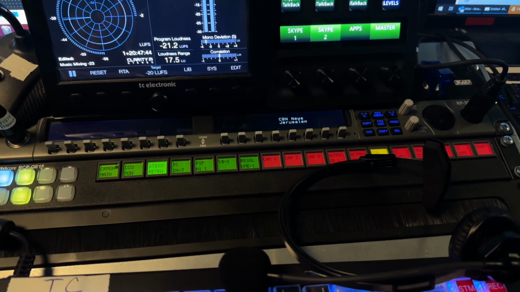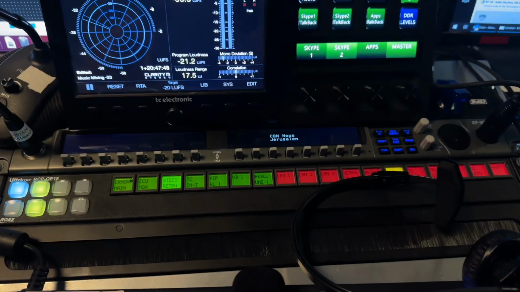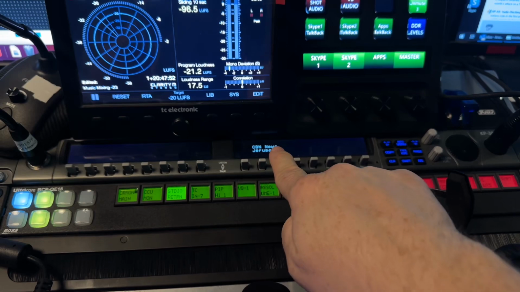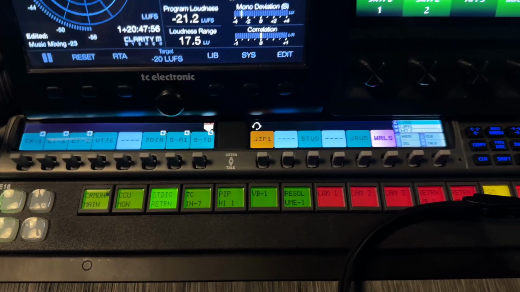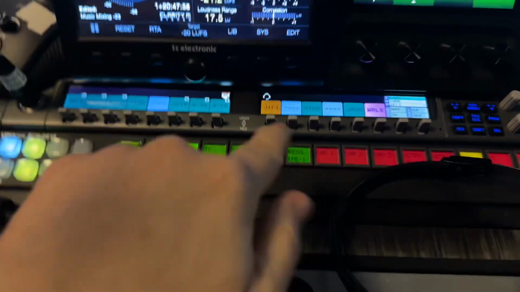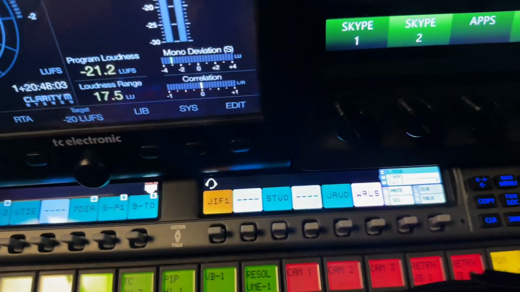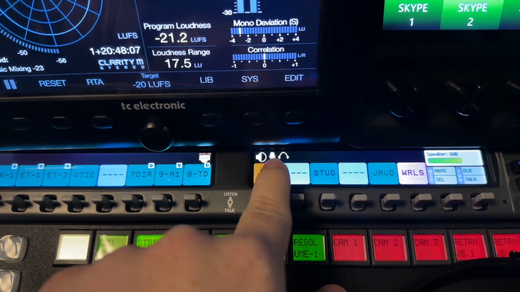Okay, with the RTS system for comms right here, when the system has not been used, it will have a screensaver, and you just tap on any of these buttons to clear it. And then you can see your regular interface. First things first, you have a headset icon, and then you can also go to a speaker with a microphone